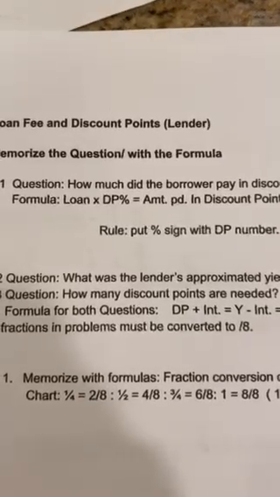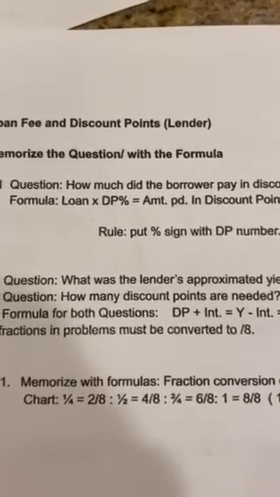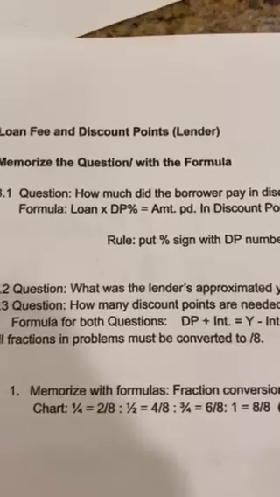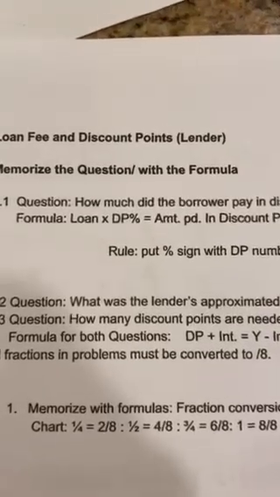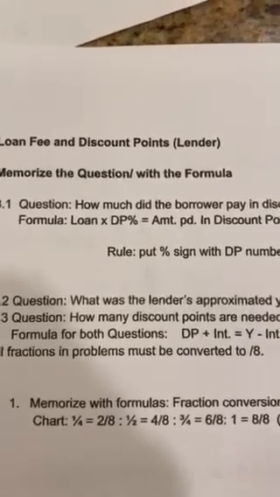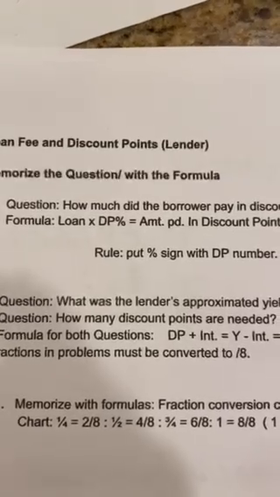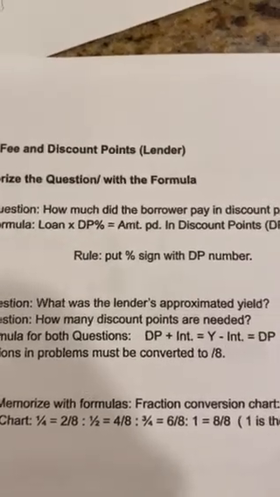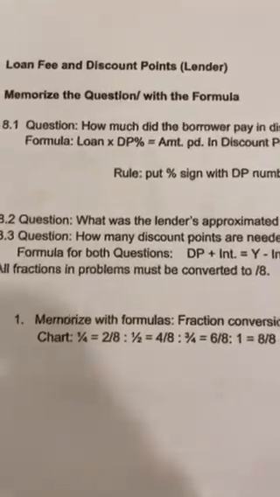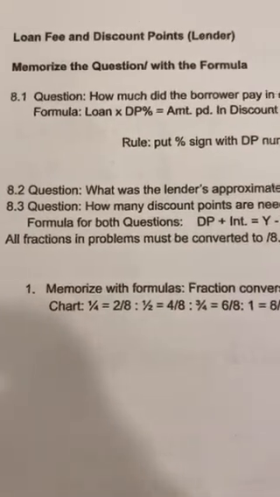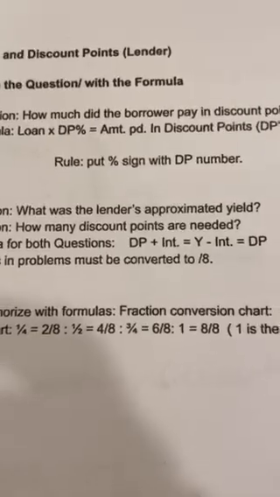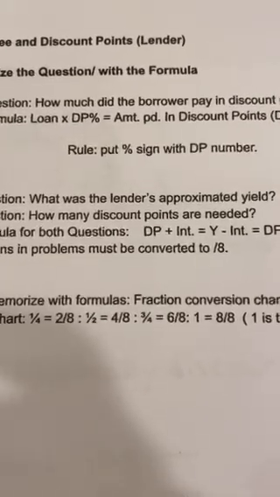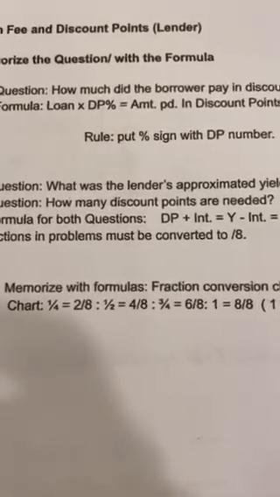And the rule is that when you see the number in your problem, you put the percent in your formula: loan times the discount point, and always have a percent with it, equals amount paid in discount points. The next questions that you need to memorize a formula for both are: